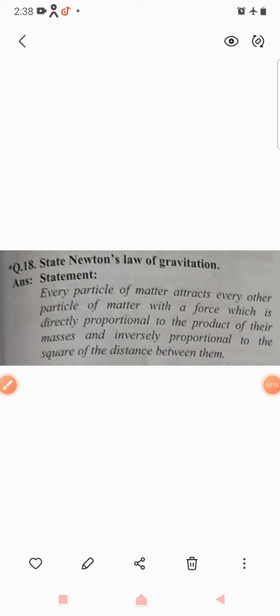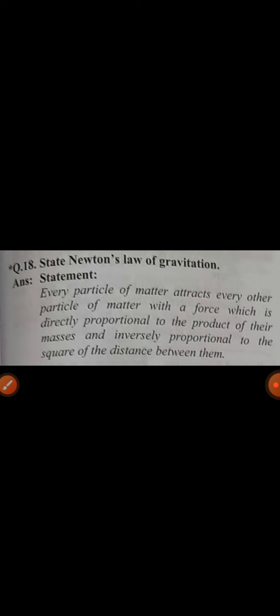Already we have started the topic gravitation. In that, we have studied the introductory part. In the introductory part, we have studied the definition of the gravitational force as well as the characteristics of the gravitational force. After that, we have studied about the planetary motions based on Kepler's laws. Then we have studied Kepler's first law, second law, and third law. We have also studied the equations regarding Kepler's laws.